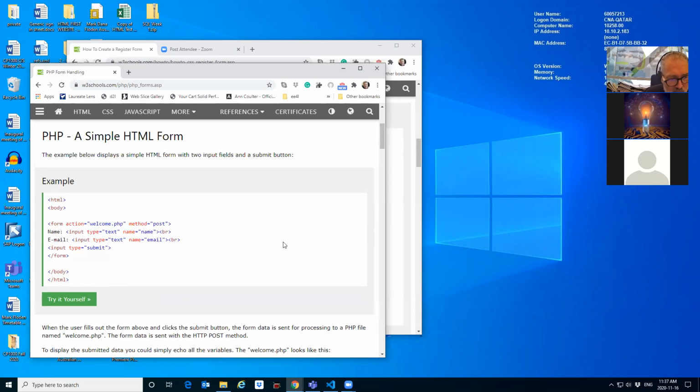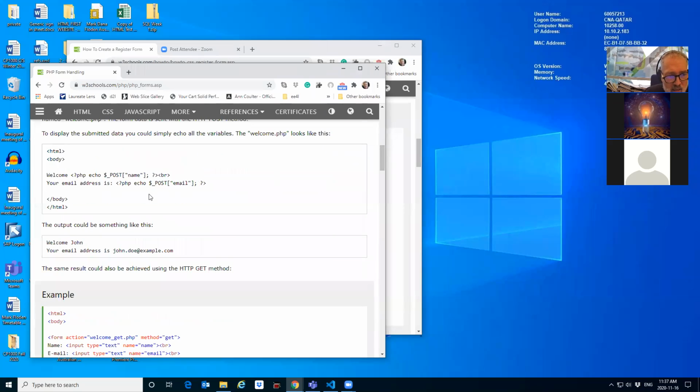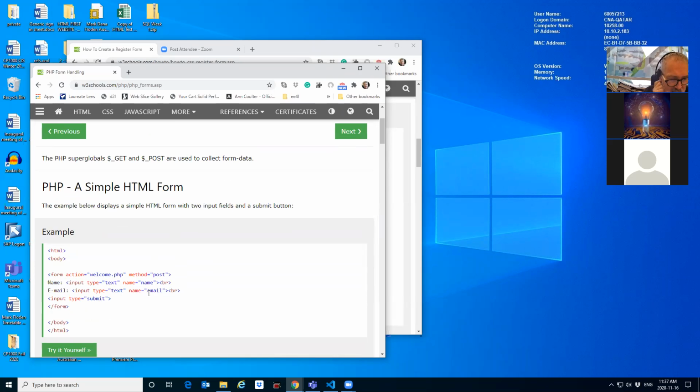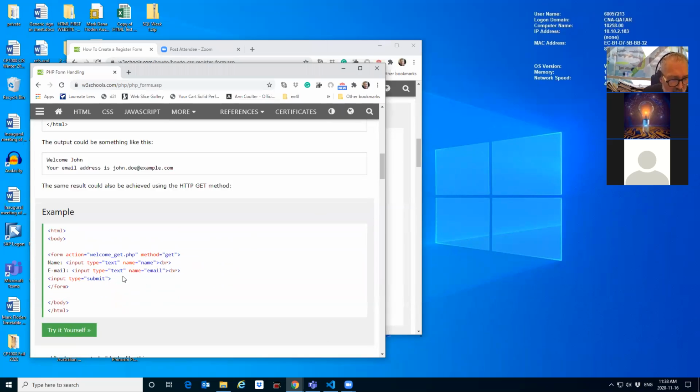Then when they press on the submit button, what will happen is the welcome.php file will be accessed. The PHP code will be processed, and the output will be seen. Their name and their email address will be printed to the screen, and that's done with these echo commands. Echo is a command in PHP which puts something on the screen. So basically what it's doing is it takes the variables that have been passed to it from the form. The form has the name and email, and they've been passed to it,